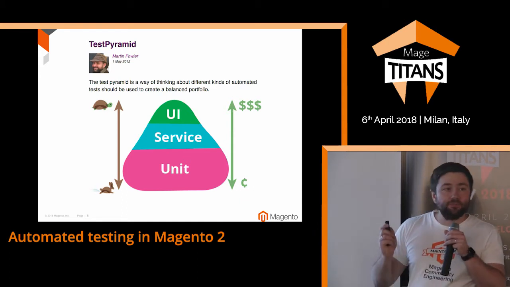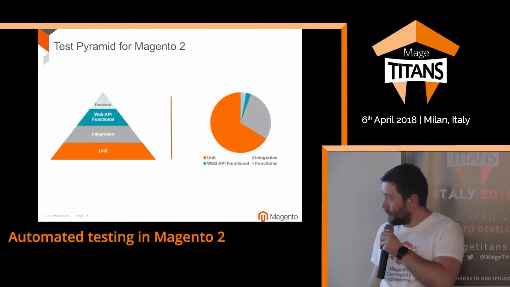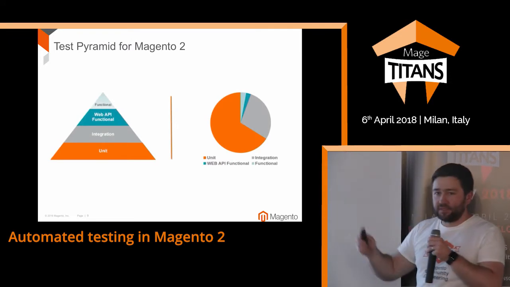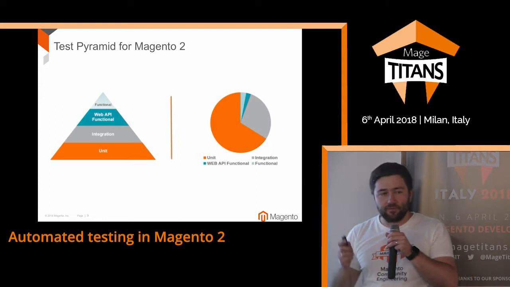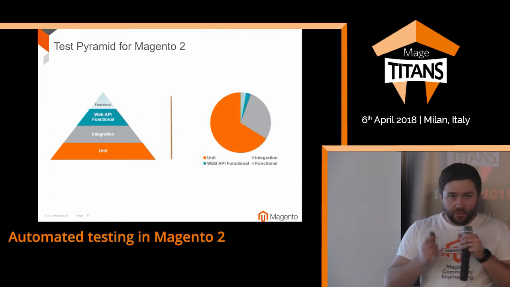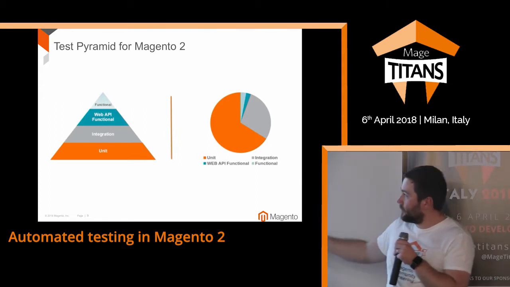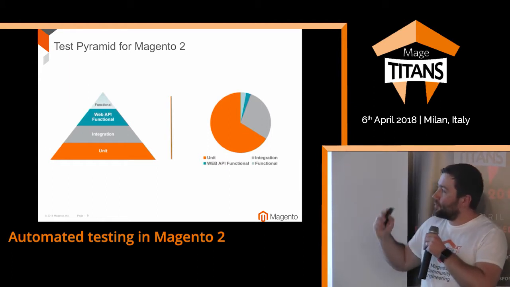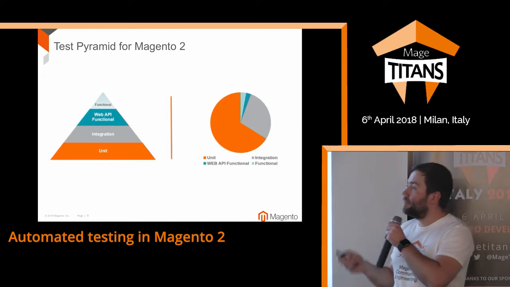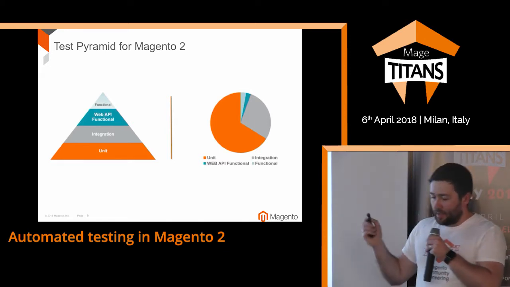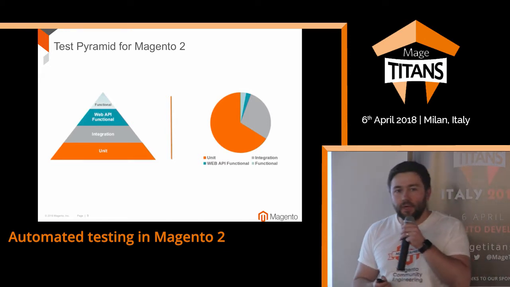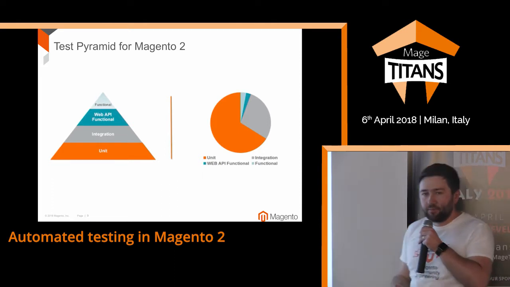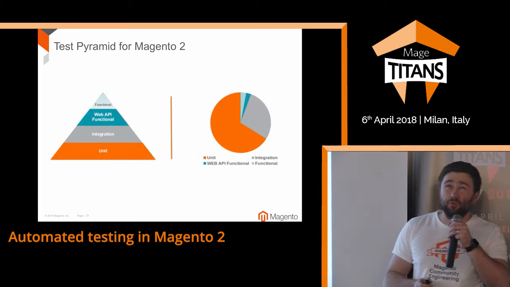So let's see how this pyramid looks for Magento 2. The diagram represents the ratio of different kinds of tests we have in Magento. It is more or less similar to the pyramid described by Martin Fowler in his article. We have quite a lot of unit tests,